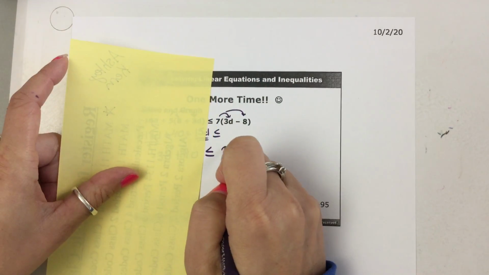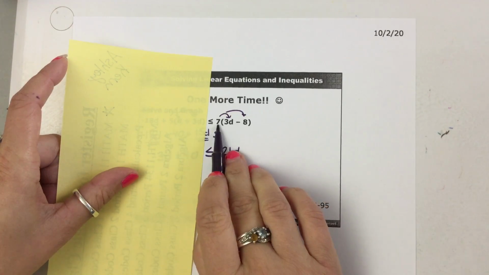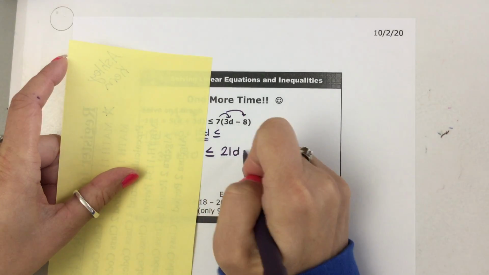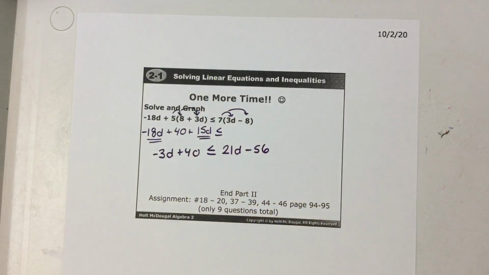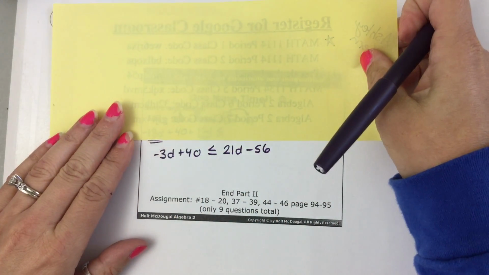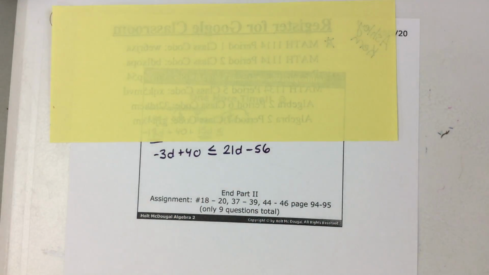7 times 3d is 21d. 7 times negative 8 is negative 56. Okay, so now I have this. No parentheses and no like terms on each side when you look at them separately. So now it's time to look and say, all right, well, I see that I have d's on both sides, okay? Just to make sure that I can show you one where we have to divide by a negative,